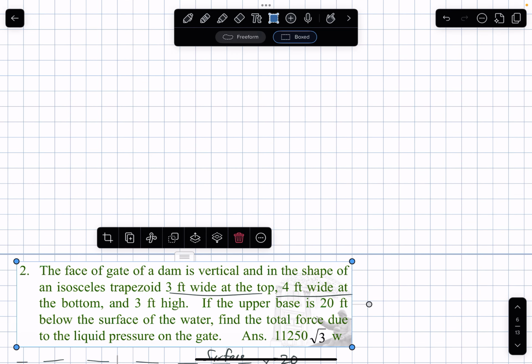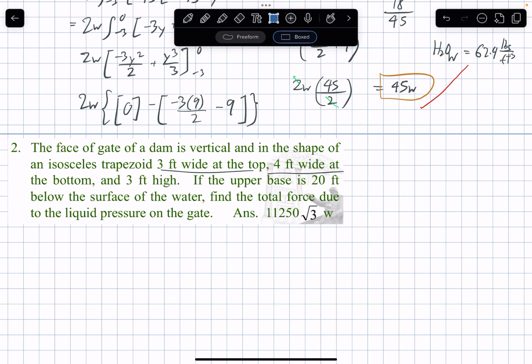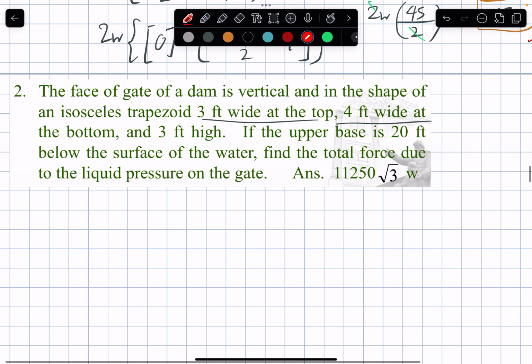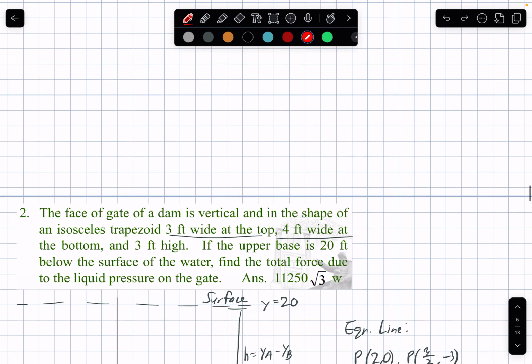Okay, next. What if we're given this question? So the face of the gate of a dam, wait. This is